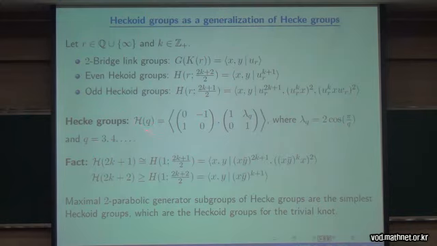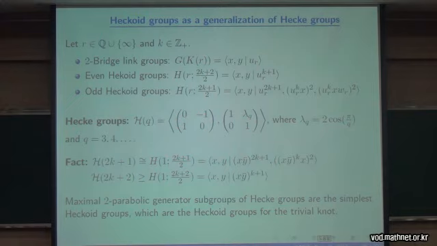So Hecke groups are parameterized by integers q bigger than 2. In particular, if q equals 3, then lambda_3 becomes 1. In that case, the Hecke group is the modular group. So the Hecke group is a generalization of the modular group. And then by computation, we can see that if q is odd, then it is precisely a two-parabolic generator Kleinian group,